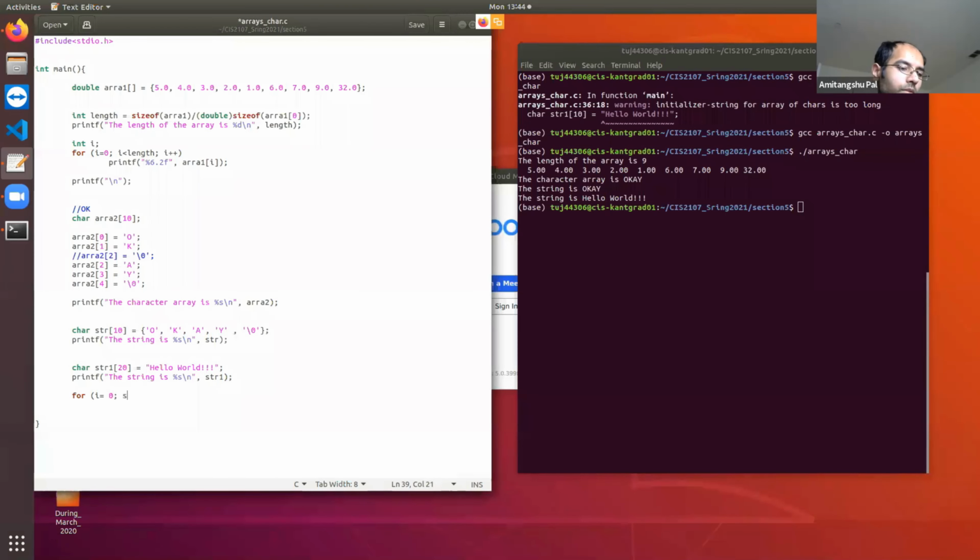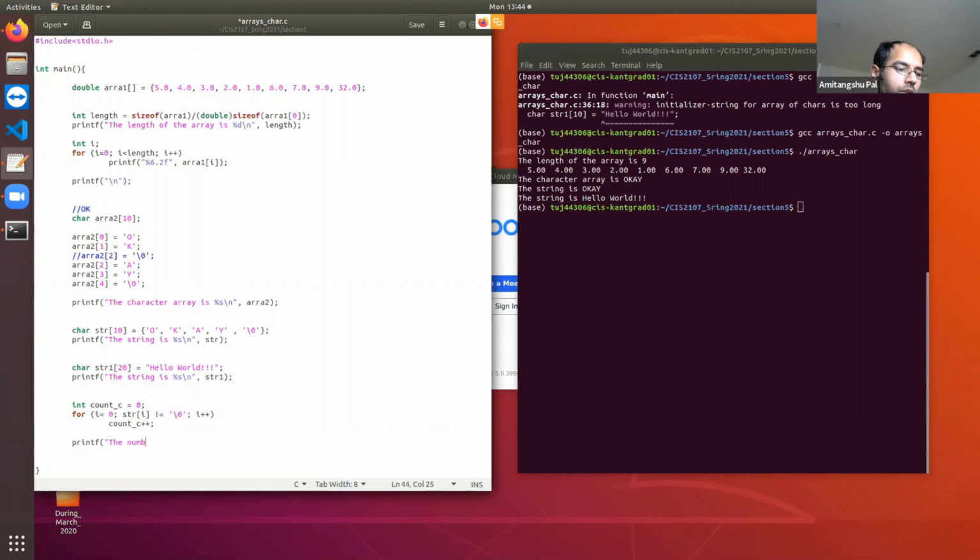So string of i is not equal to the termination character, i plus plus. Count character plus plus. So here the count character needs to be initialized to 0. That's it.